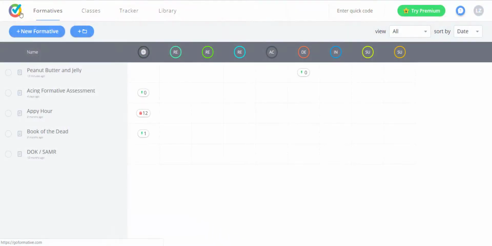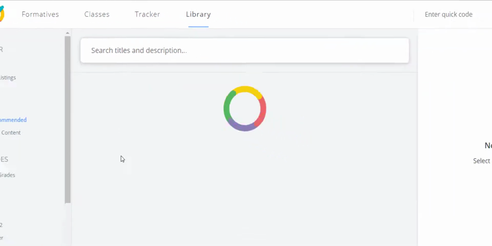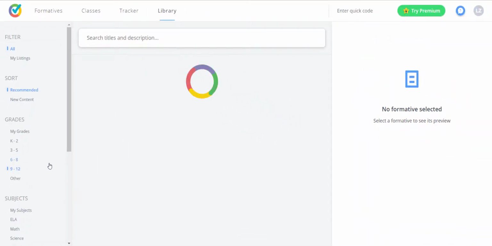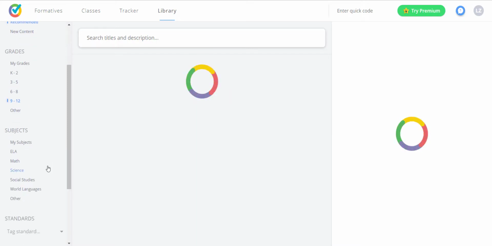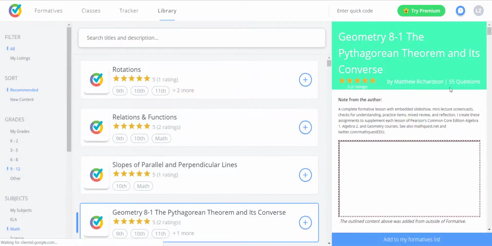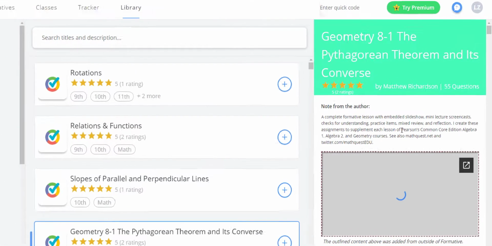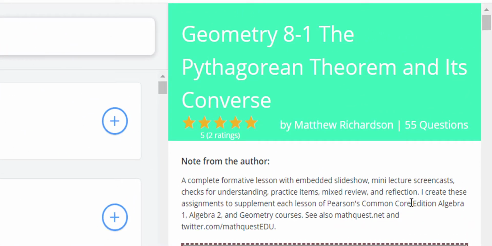And again, finally, a reminder that there is a library of already pre-made tests. So you can go in and look at different subject areas, look at grades, whatever you have to figure out. I'm going to go and look for a math high school level and see what kind of assessments are in there. All right, and this one, based upon the description here, looks like it comes from